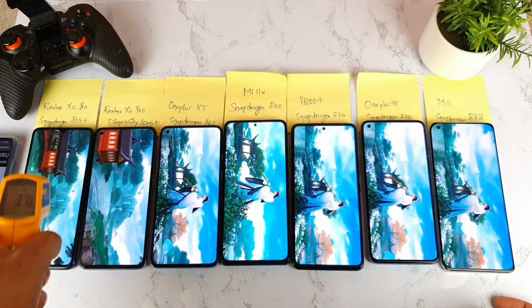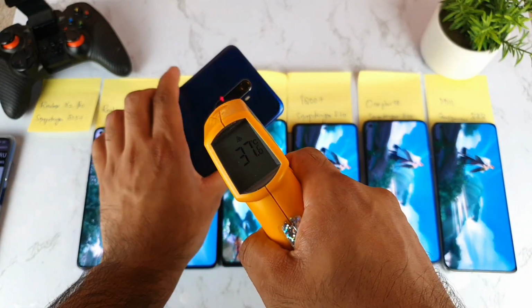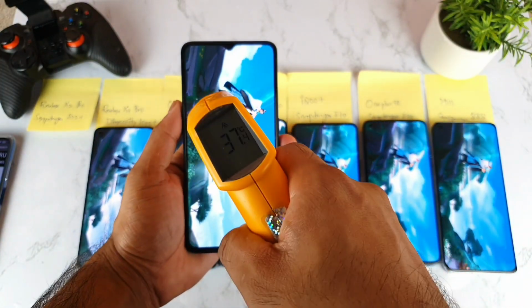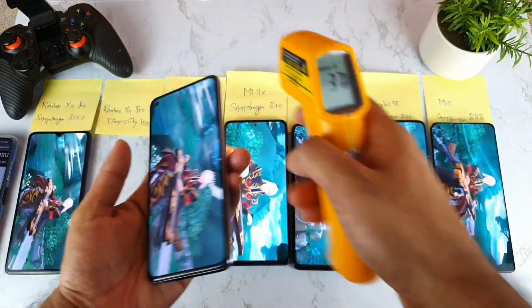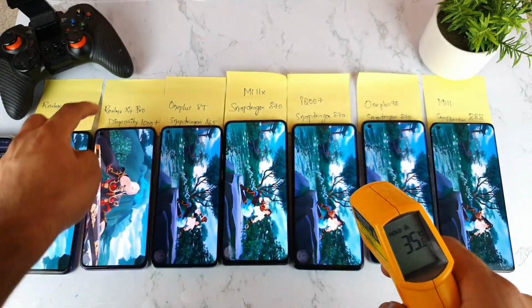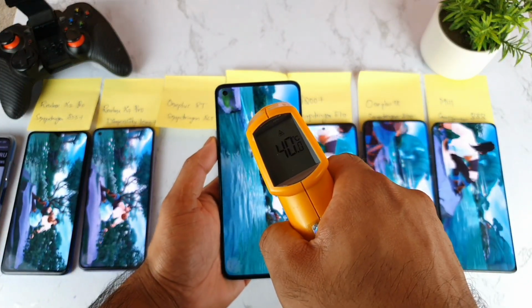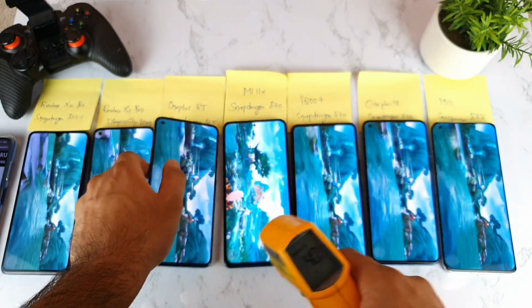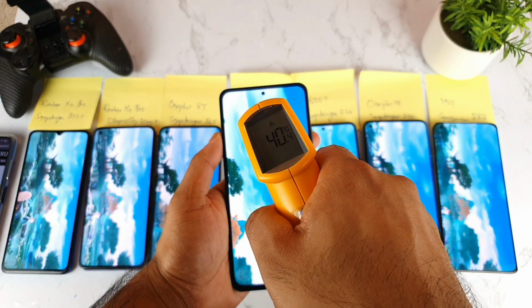37 degrees in the Realme X2 Pro, as you can clearly see here. Let me check the Realme X7 Pro's temperature: 38 degrees. I'll write down the temperature readings on top so we can remember. 40 degrees on the OnePlus 8T, which is a Snapdragon 865 processor, and the mi11X, Snapdragon 870, 39.40 degrees right now,